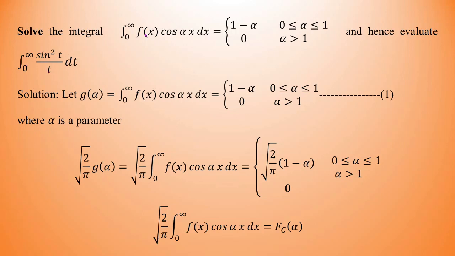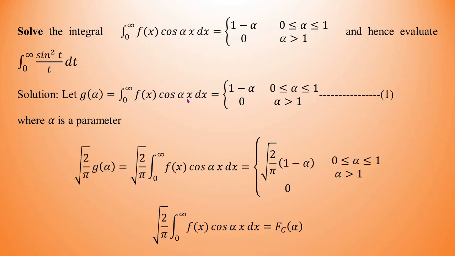So let's begin. Remember one thing, whenever we have the question of evaluation of integrals, there we have the possibility that the given integral which we want to evaluate will take the form of either Fourier sine transform or Fourier cosine transform. So let's denote this by g of alpha. Why g of alpha? Because the variable of integration is nothing but x. So when I simplify this integral and apply the limits, the function so obtained will be a function of alpha. Obviously alpha is a parameter. So we have equation 1.